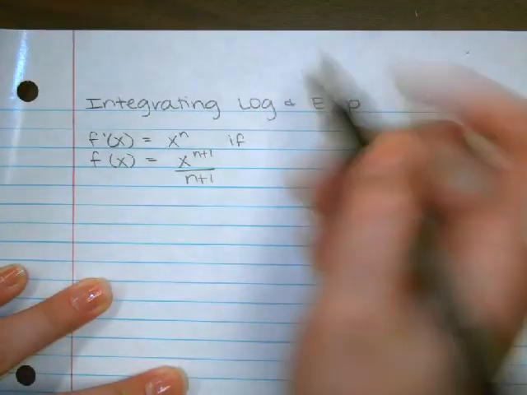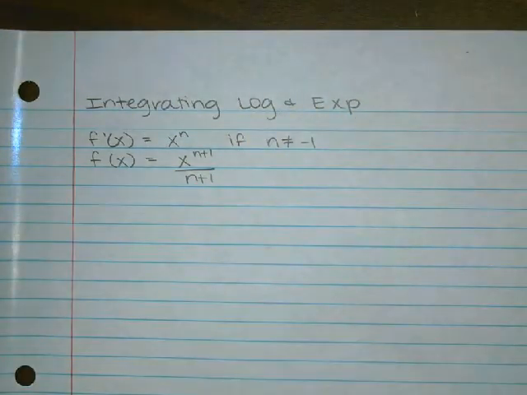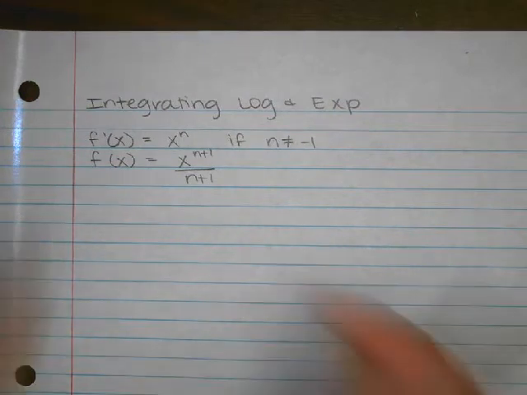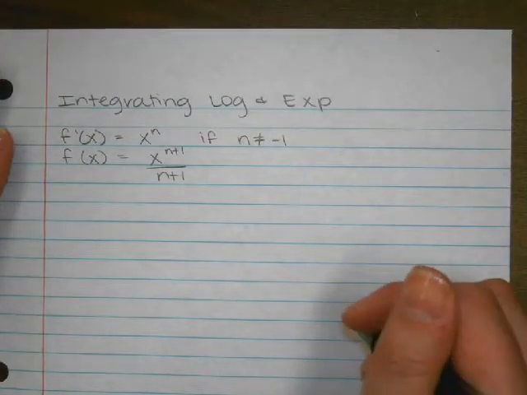This is a rule that we've been using a lot. And I told you guys that I would address this situation in the future so you could see why it didn't work if n equaled -1. So that's what I'm going to talk about first, and then I'll go into the shortcuts that we're going